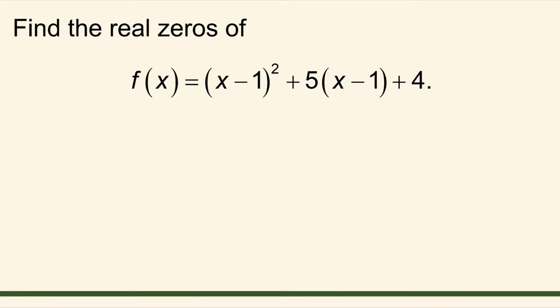Find the real zeros of f of x equals the quantity x minus 1 squared plus 5 times the quantity x minus 1 plus 4. To begin, we set the function f of x equal to 0. This gives us the equation the quantity x minus 1 squared plus 5 times the quantity x minus 1 plus